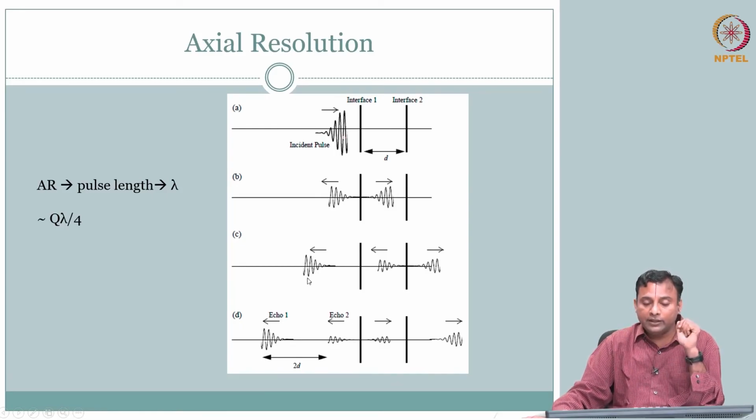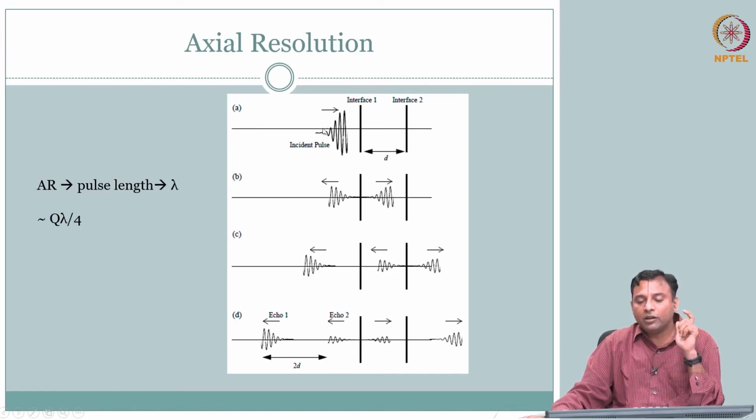So clearly you can see that this ability to resolve these two interfaces depends on the length of this echo, the length of this pulse that you are sending, right. So pulse length determines your axial resolution in ultrasound. Axial is the direction along the depth, the wave propagation direction of your compressional wave. So your resolution is directly dependent on your pulse length,